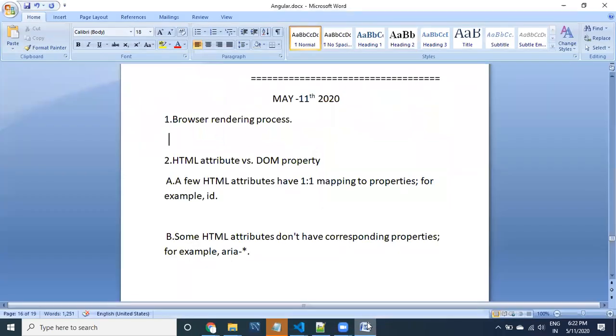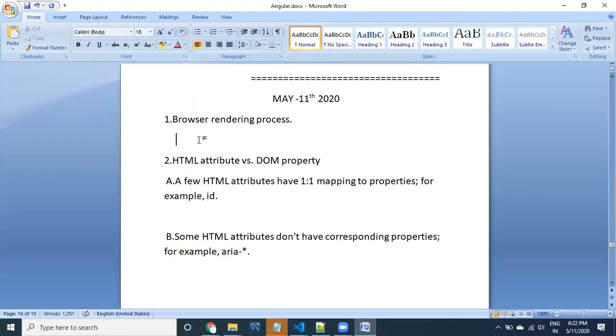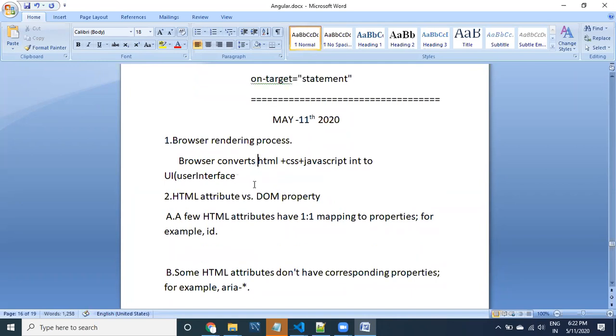Just to give you information, browser rendering is nothing but the browser converting HTML, CSS plus JavaScript into user interface.